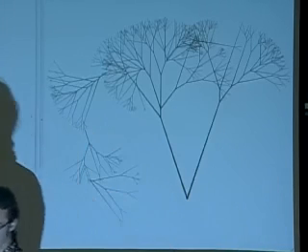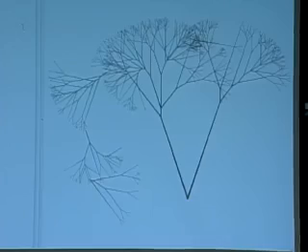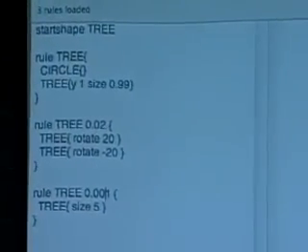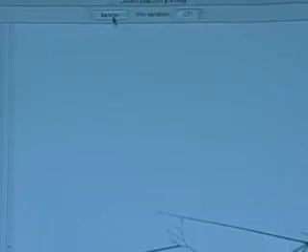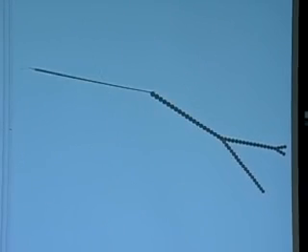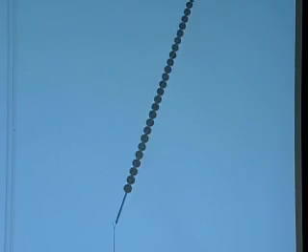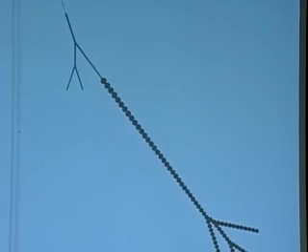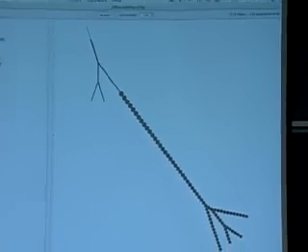So if we increase the probability of this rule to 0.001, the system goes out of control really quickly. And with 0.01, it just gets completely out of control. And it just gets bigger and bigger and bigger until, see this message here, a shape got too big?